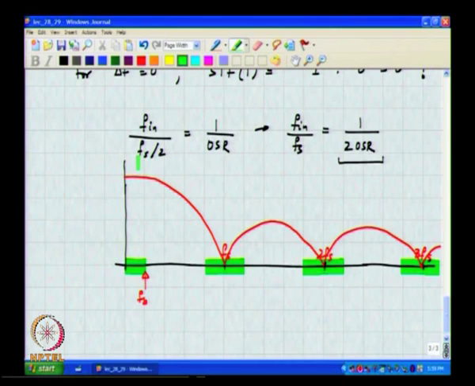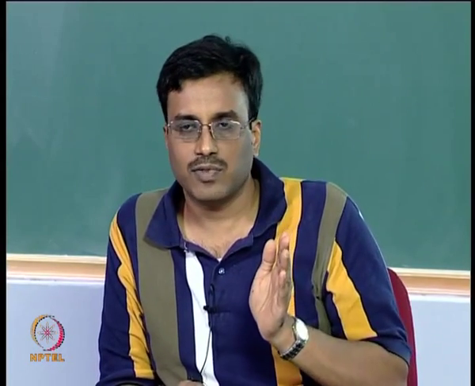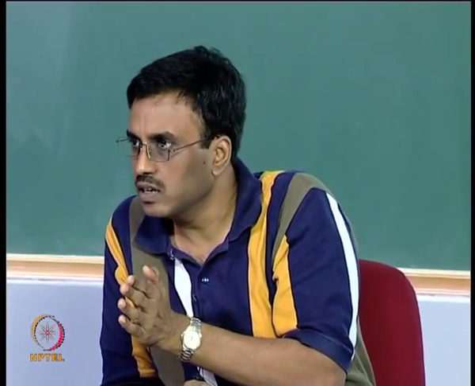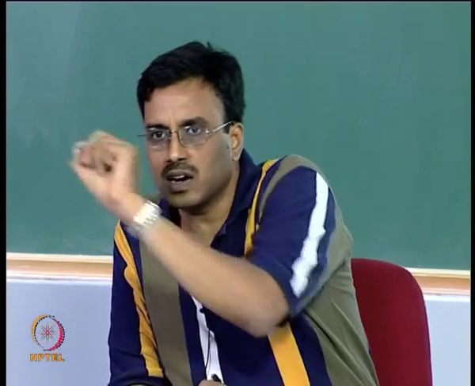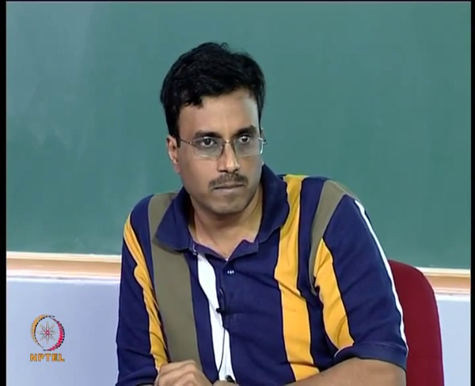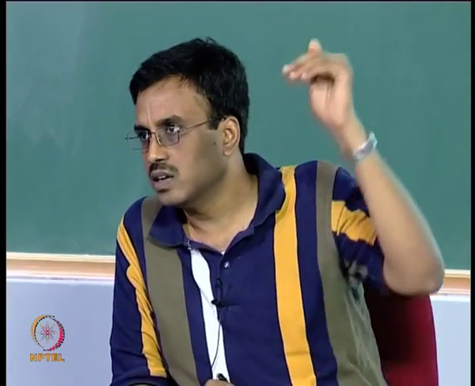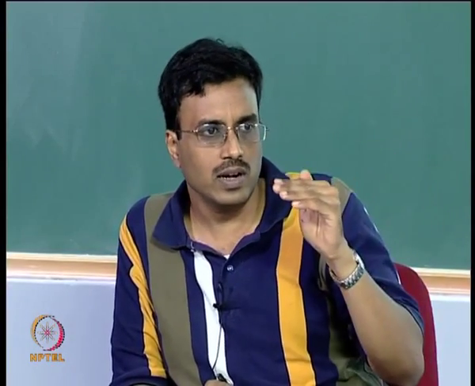And how will this fall off? It must fall off as 1 by f. And why is it 1 by f? Because the signal transfer function is nothing but the magnitude response of the integrator, which falls off as 1 by f multiplied by this periodic noise transfer function, correct. At DC the noise transfer function is going as omega, the loop filter is going as 1 by omega. So, the two of them cancel and you get 1.